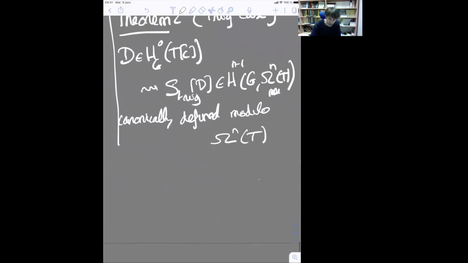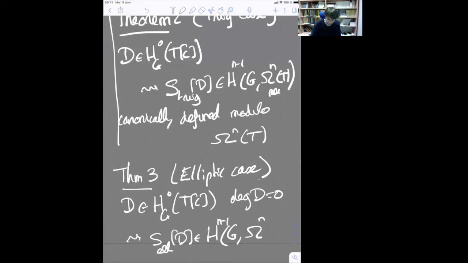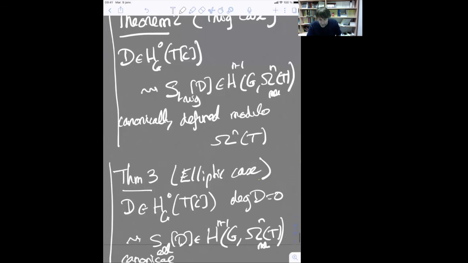And in the elliptic case, if you start with D of degree 0, then you end up with an elliptic cocycle that is canonically defined in that case. So